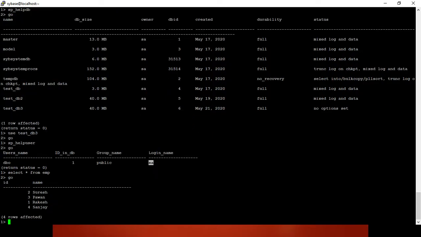There is an EMP table. The user wants to have access on this EMP table in the testdb3 database.